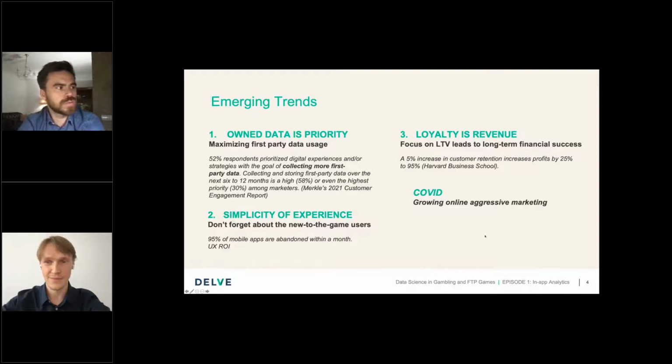So 2021 brought many changes, not only COVID related, but also in regards to data privacy. There are lots of changes going on with the cookieless world, with the Google updates in their policies. So many marketers, if not most of them, are saying that owning the data is their major priority.